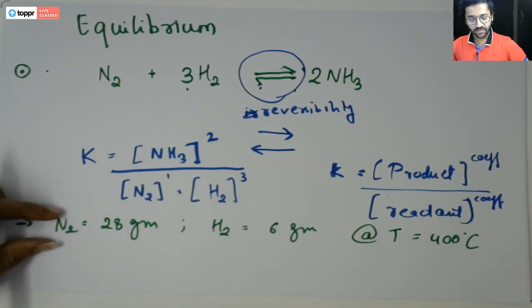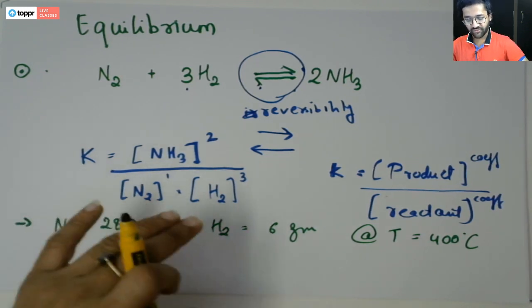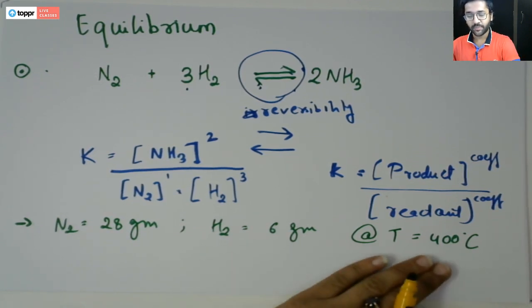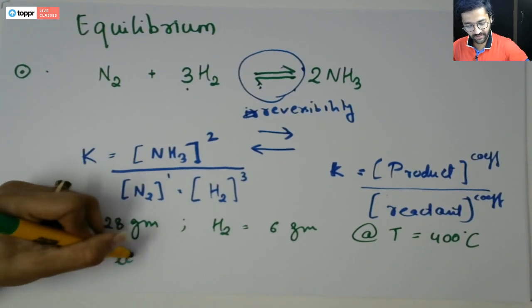So we have the amount of nitrogen to be 28 grams, the amount of hydrogen to be 6 grams, the temperature is 400 degrees Celsius, the volume of the vessel is 1 liter, and one extra